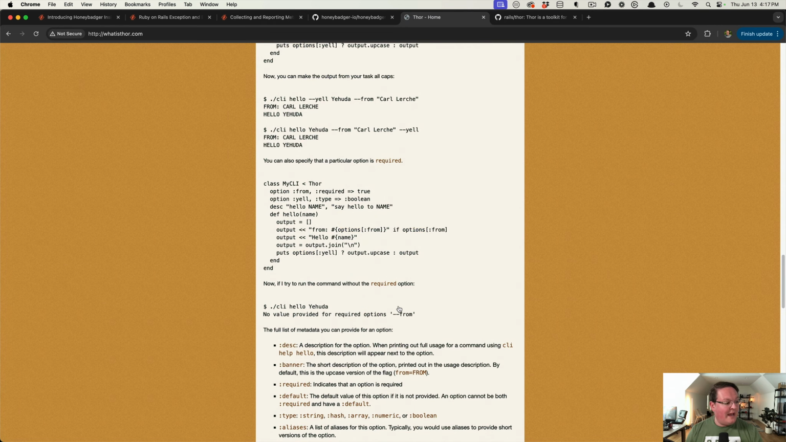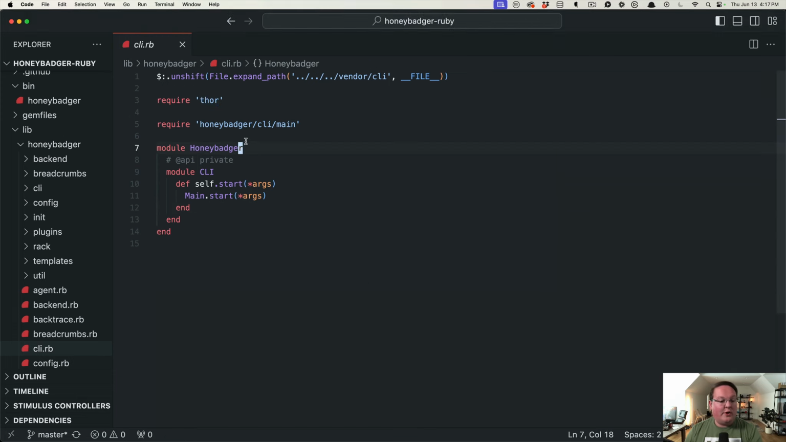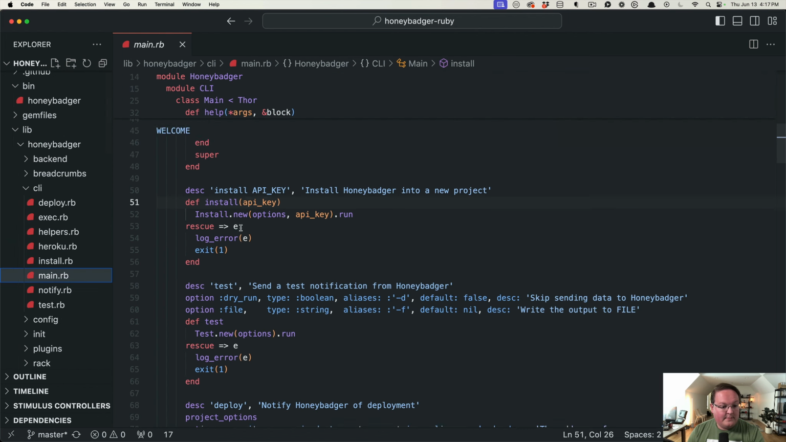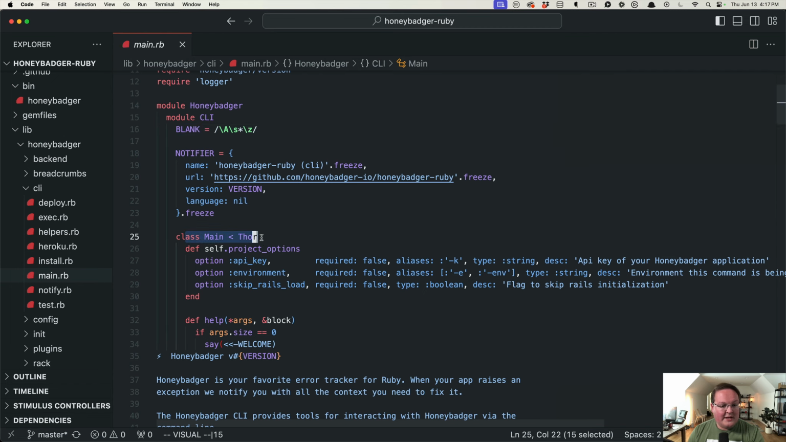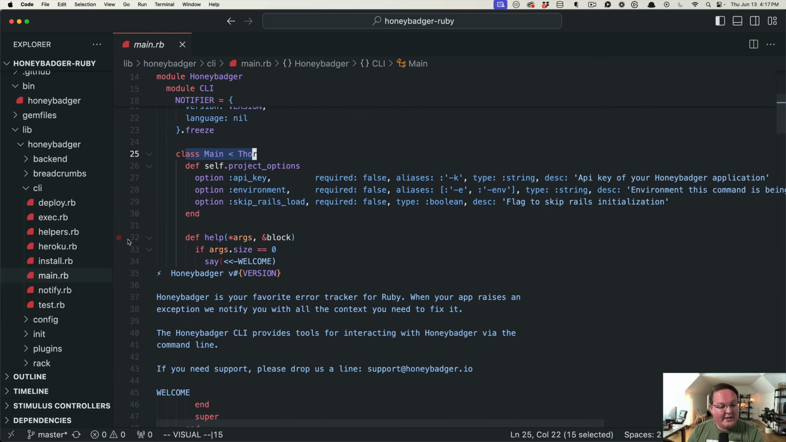So let's take a look at the code and see how it goes from here. We load the CLI main, and then it seems like that is what is called next. So if we go to cli/main.rb, we can look in here. It requires a bunch of commands, and then it has this Main class that inherits from Thor. That is where we're getting that functionality, and this is where all the methods are defined, like the help method,